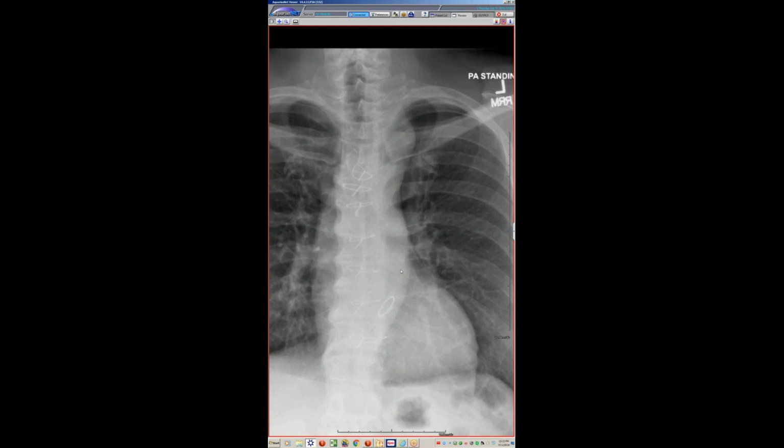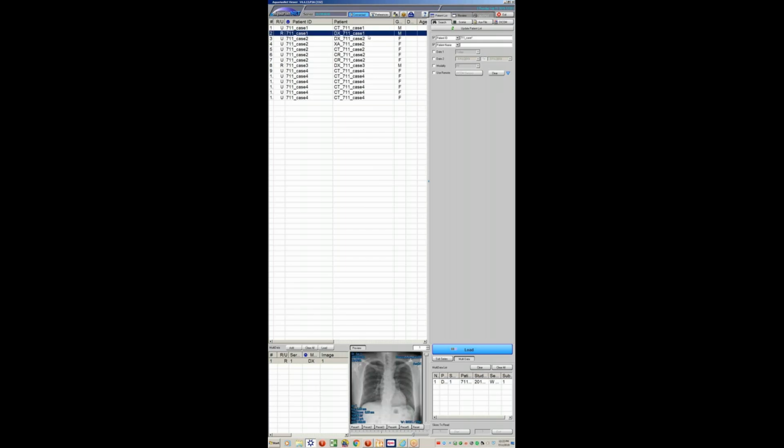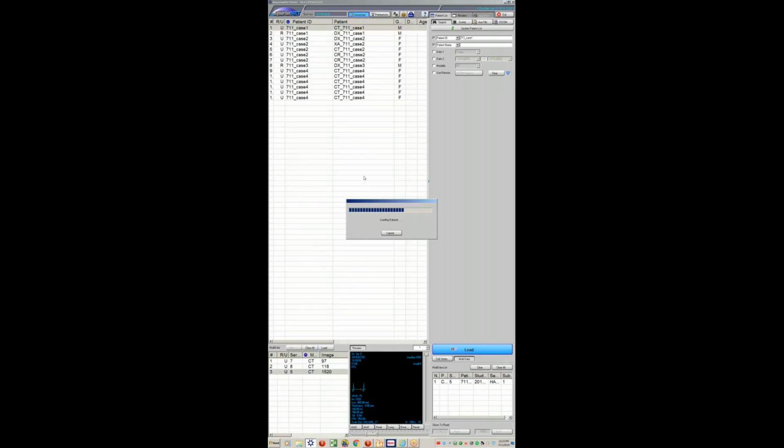So this is a really cool case because it's just something I haven't seen in 5-6 years. But you can see that there is a bioprosthetic aortic valve, and we also noticed that there is this mass here within the mediastinum. It's hard to tell if it's vascular or what. We also don't see the really normal arch, and you can see that this is going down along the course of the descending thoracic aorta. And this is the CT,